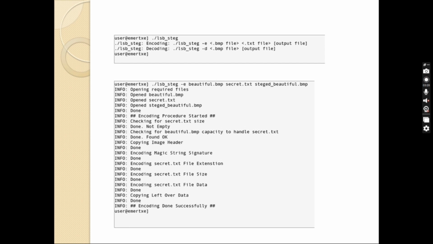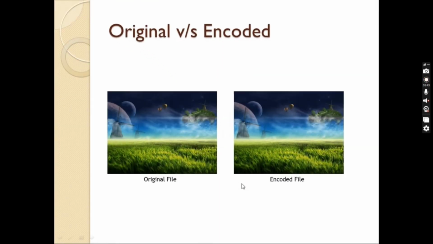At last we come to the secret data, which contains 25 characters, that is 25 into 8, that is 200. If we add 16, 32, 32, 32 and 200, we get 312. The RGB data available should be more than this; then we can encode the thing. Look here, if we take the LSB and make changes in the RGB data, then